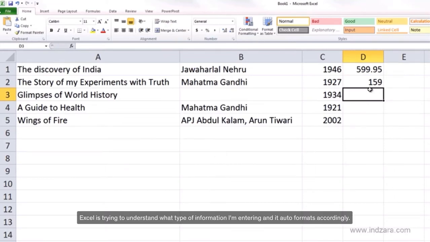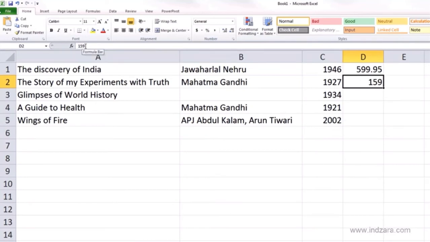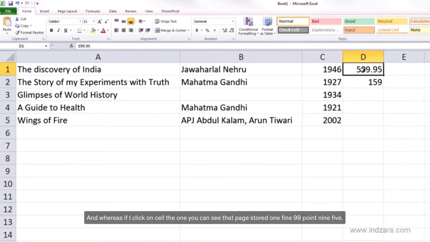Excel is trying to understand what type of information I'm entering, and it auto formats accordingly. So for example here, since I'm entering a number and it detects that I don't have anything after the decimal point, it shortens it and stores only 159 instead of 159.00. And you can see what Excel is storing in a cell by looking at the formula bar here, and it's only 159. Whereas if I click on cell D1, you can see that it stored